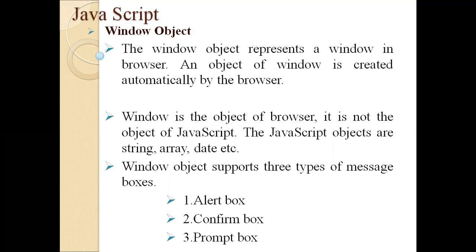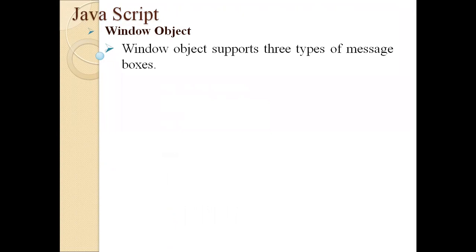The alert box will display some message on a window over the browser. The confirm box will display a confirmation message on a window over the browser. The prompt box is used to take some input values from the window on a browser. So don't worry, I will explain each and every box in detail, and I will write a program on each and every box, right? So let us start with